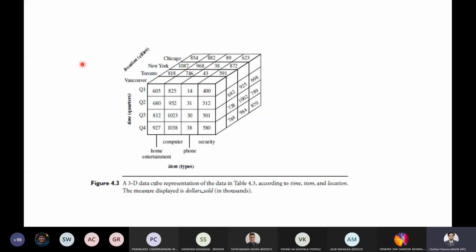The data cube is one thing which comes in handy, especially in a data warehouse. We will see some of the operations which could be performed on a data cube shortly in the next few slides. So this is the 3D view. Suppose you want to see a 4D view of the same table. Say, apart from time, location, and item, you want to see the supplier information. So that becomes a 4D view.